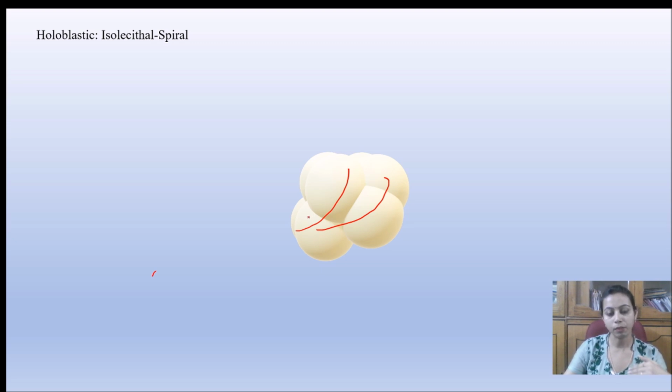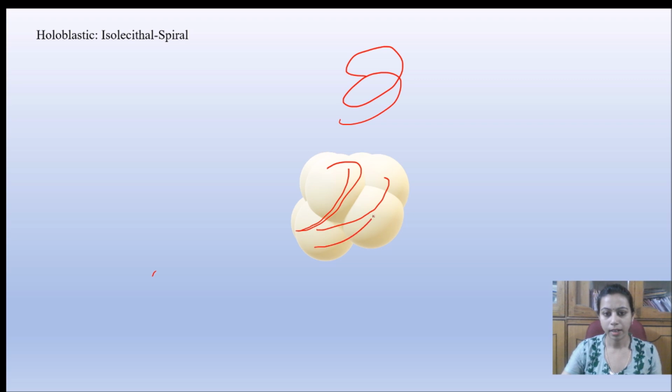In each and every cell you can see the cell has a spiral movement from one layer. While it is moving from one layer to another layer, it has spiraled, just like a spring. As a spring moves like this, just like that, it has spiraled in this layer. When it again comes in this layer, it is again spiraling.